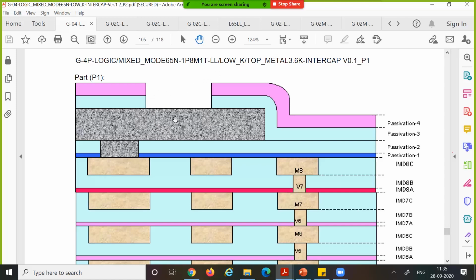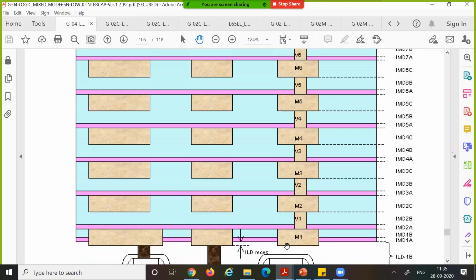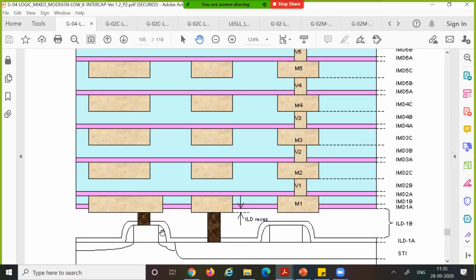That connects with a via to this metal 8. Then you can put a stack of vias and basically bring it down to metal 1, and then give it to your transistor. This is how connections typically work. Now, the metal layers,